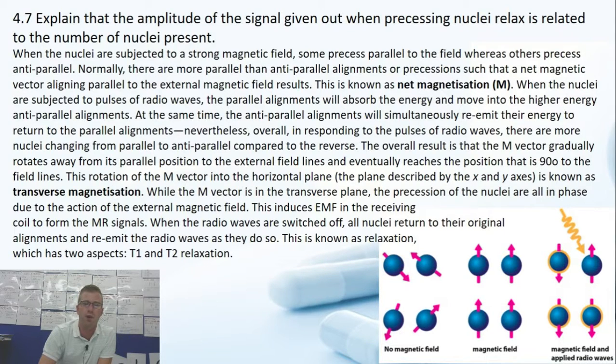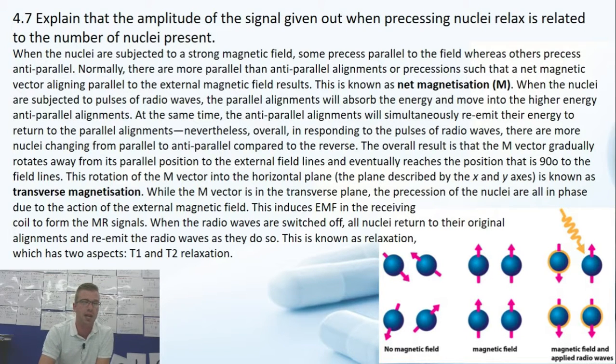So when the radio waves are switched off, all the nuclei return to the original alignments and readmit the radio waves as they do so. This is known as relaxation, which has two aspects, T1 and T2, and I'll discuss that in my next video. So the key thing that you need to know here is that